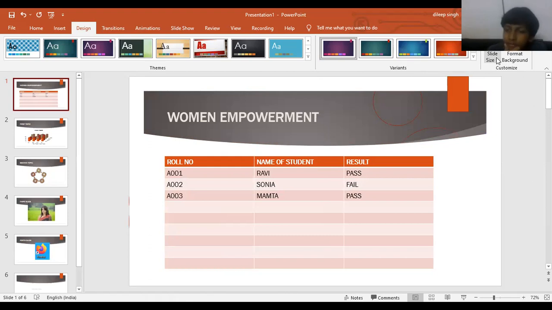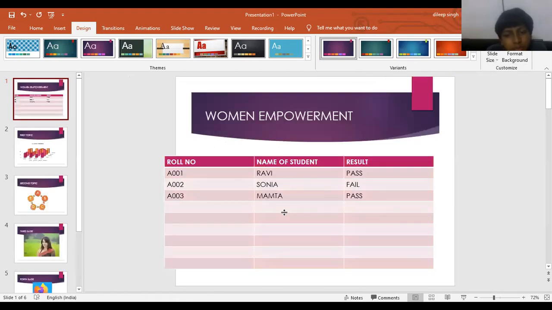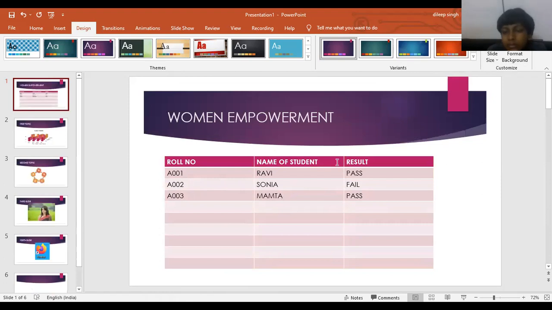And here's the different option, that is slide size. Here are the two types of ratio available for your presentation. When we click on 4:3, it will show the view in 4:3 ratio. Just see there, the format will change. Why? Because we changed the ratio of our slide. So here we normally work on 16:9 ratio. Just click on 16:9 ratio. It will normalize. Okay. So sometimes we have to choose 4:3 ratio or 16:9 ratio according to your monitor. Clear? According to your screen.